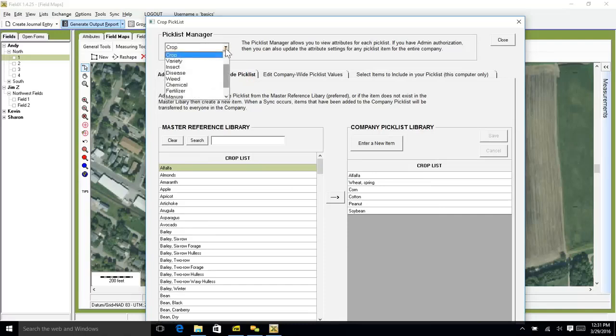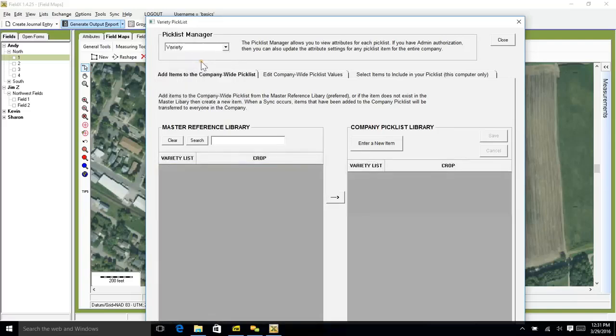So click on the Pick List Manager drop-down menu up here, go down to Variety. Now, I don't have any varieties in my database yet, and there isn't a master reference library, so you would start over here on the right side in the company Pick List library, which is what everyone in your company is working off of. I'll click Enter a New Item,